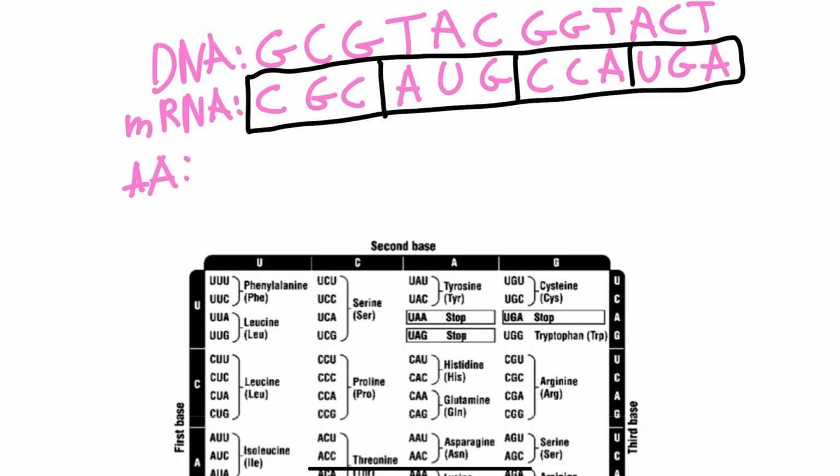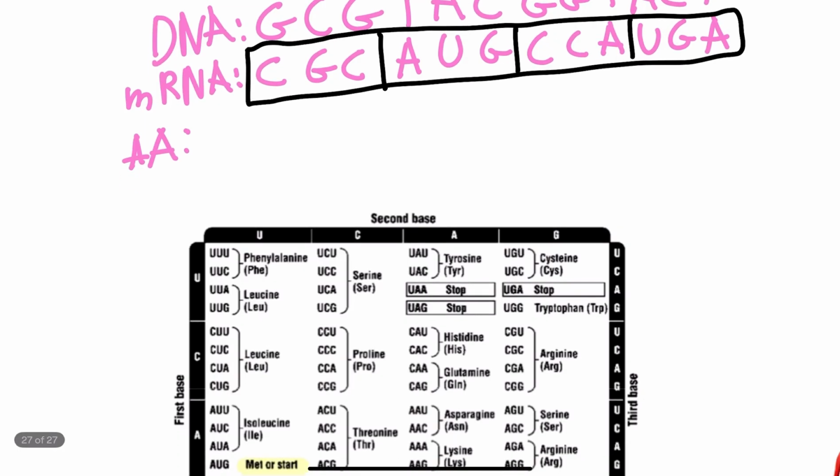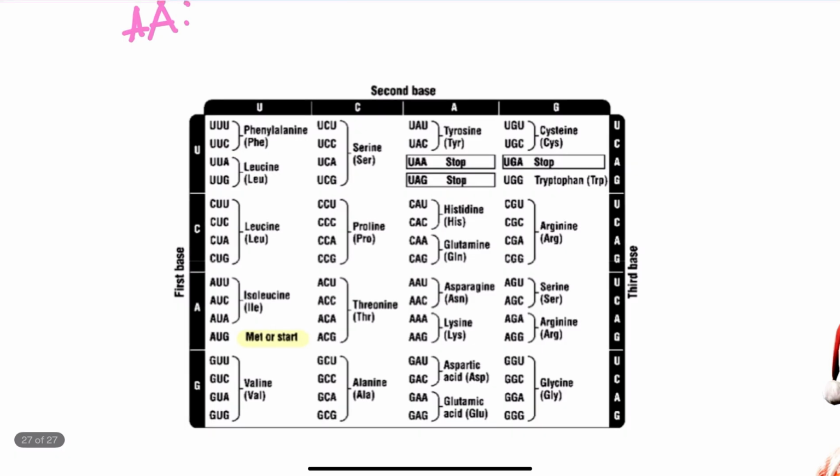So AA is for amino acids. We're gonna figure out what amino acids are gonna be in this polypeptide. So we look at the first sequence. Our first sequence is CGC. So we're gonna go to C. Alright, C on this side. And then the next letter is G. It's gotta be somewhere here. So we look CGC. It's arginine. I don't know how to say these. Okay, so we just say arg. Okay, but